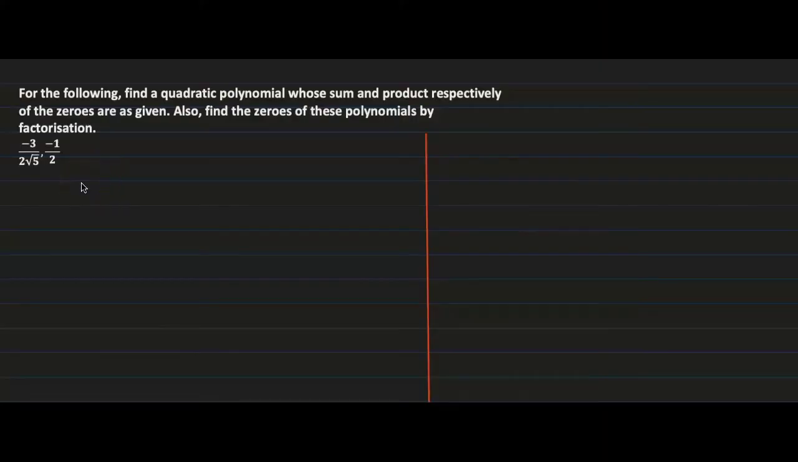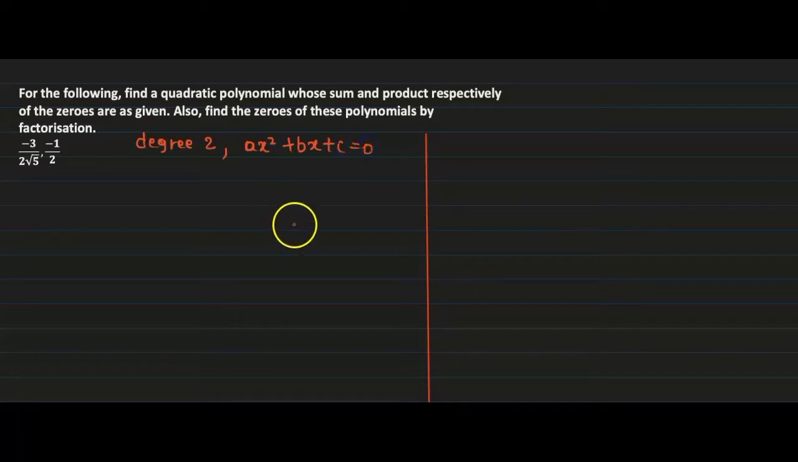So the question says: for the following, find a quadratic polynomial whose sum and the product respectively of the zeros are as given. Also find the zeros of these polynomials by factorization. Now you should understand that a quadratic polynomial always has a degree 2. That is why we call it quadratic, degree 2. Next, the general quadratic equation is always in the format ax square plus bx plus c,